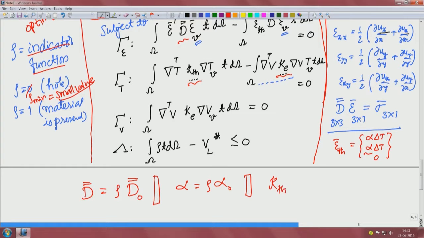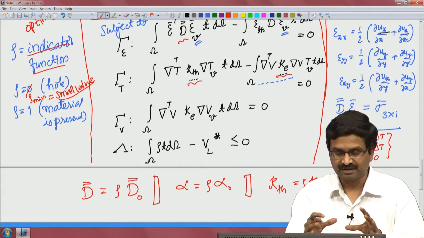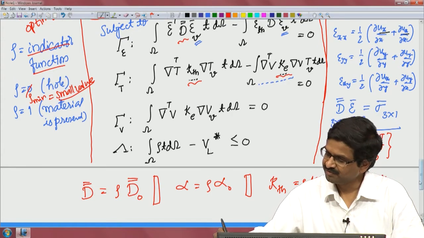K T H will also be K T H 0 into rho and so forth for K E also. Okay. That is only one there. So, we will put rho K E 0 equal to K E. So, we will have that. So, as rho changes from point to point, the material distribution automatically gets affected in terms of properties. So, when we have this,